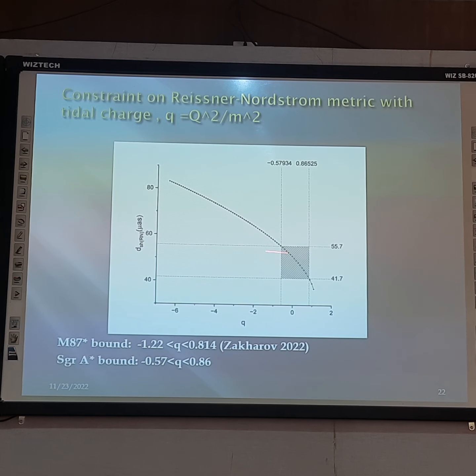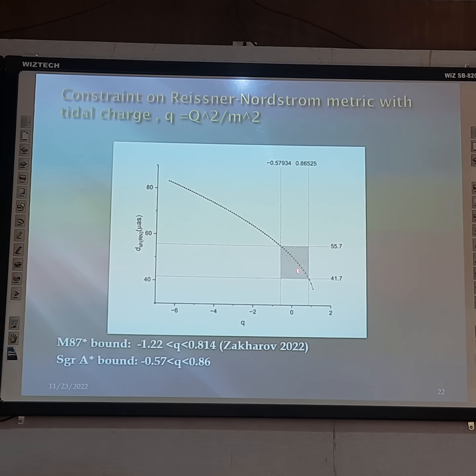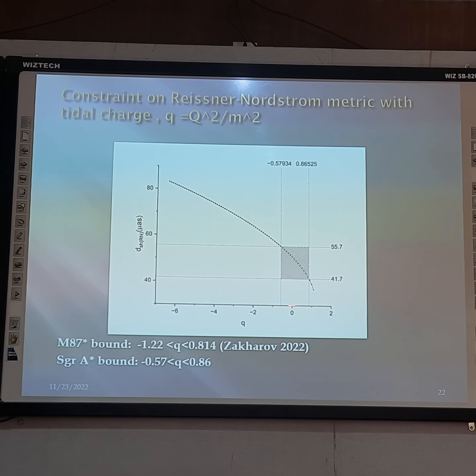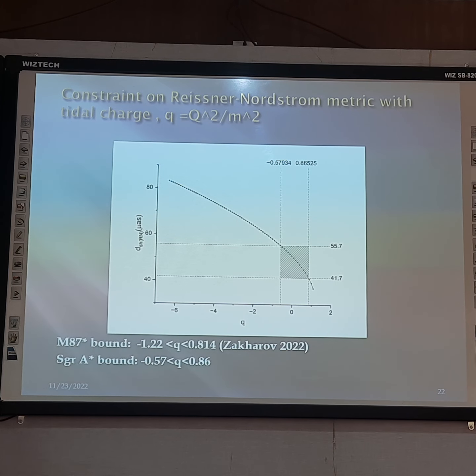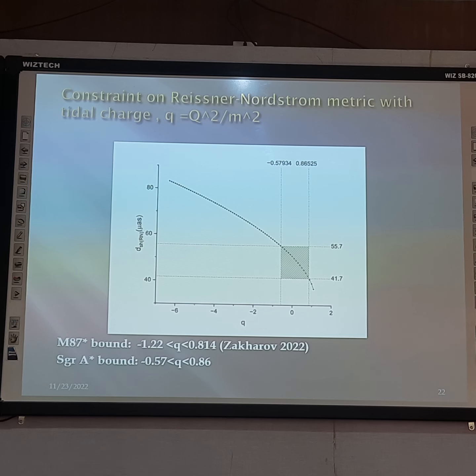So we see that if we plot the shadow diameter with tidal charge, we can give a constraint. This shaded box is the allowed region of the tidal charge, which I have displayed here. It lies from minus 0.57934 up to 0.86. But if we go back to the earlier result of the shadow diameter, the M87 bound,